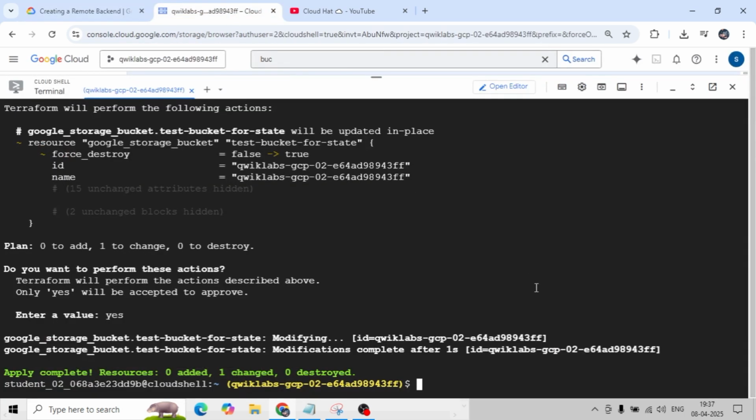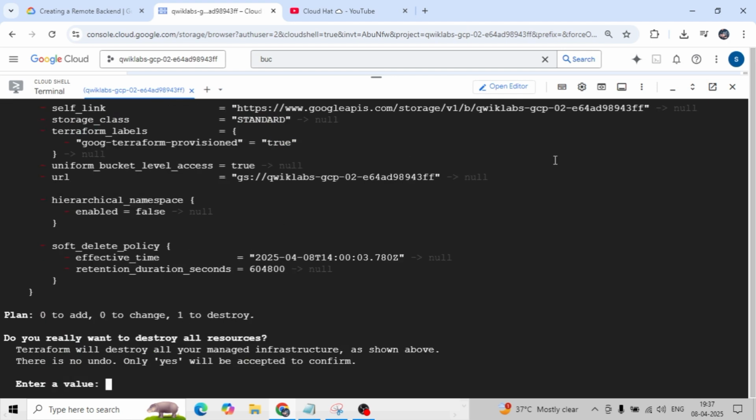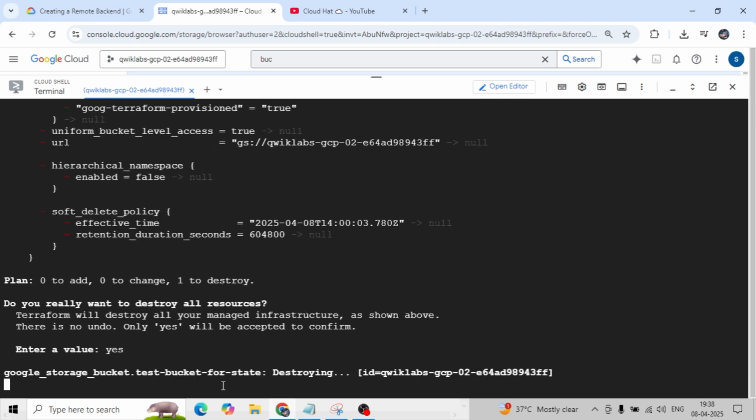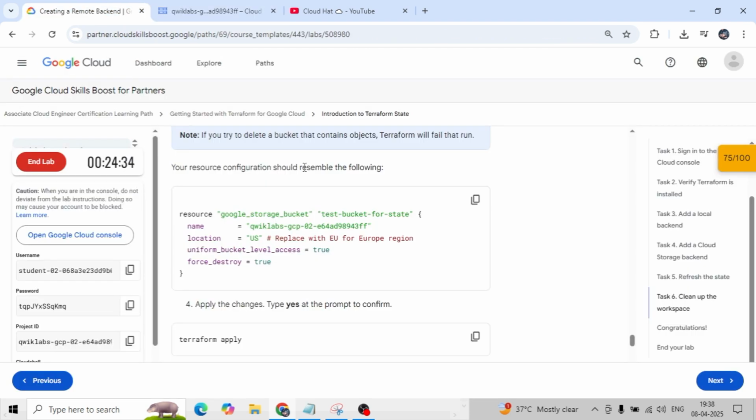That is the first command we have included. And now we are going to destroy the Terraform configuration. And what is it? It is the S3 bucket. So one by one we are going. First we have added, then we have modified, then lastly we are going to destroy. Here there is no undo. Only yes will be accepted to confirm. So say yes, and whatever resource we have created will be destroyed. See the output: destroy completed. Resource one is destroyed. Just scroll back to the lab